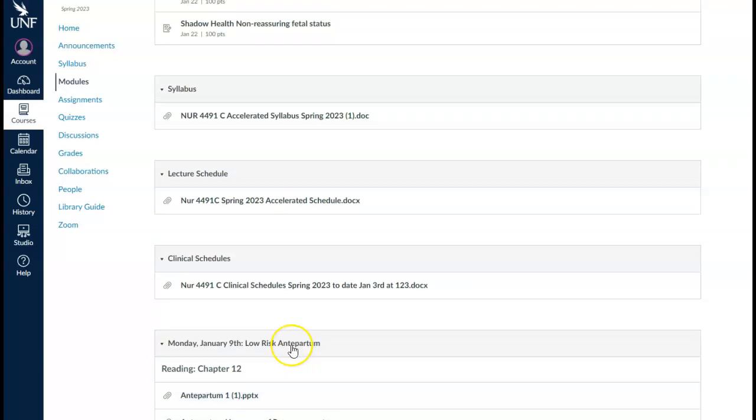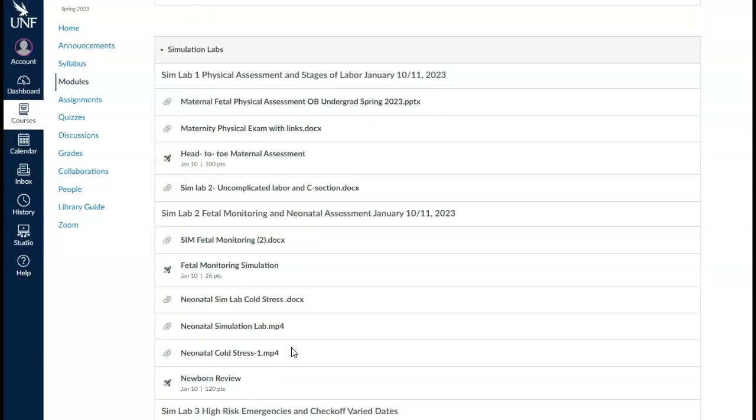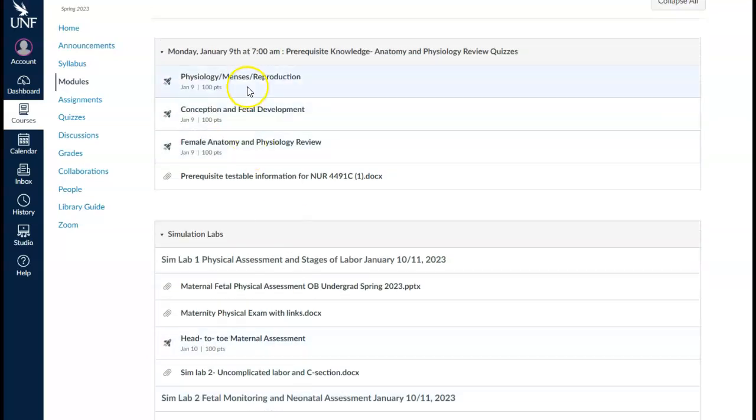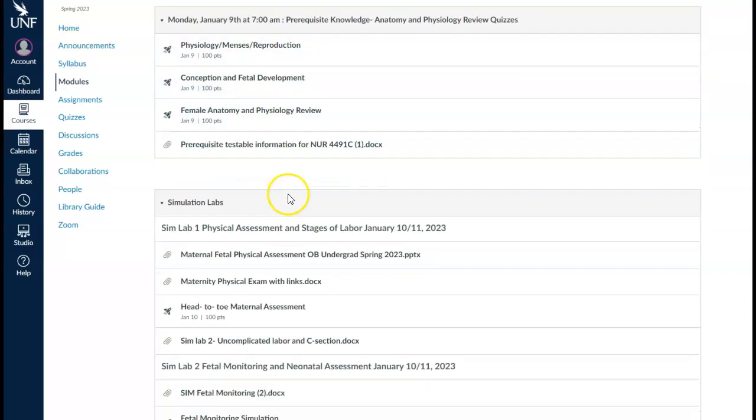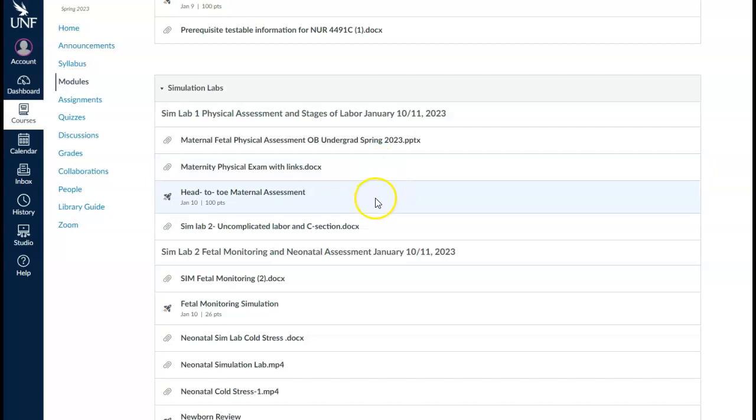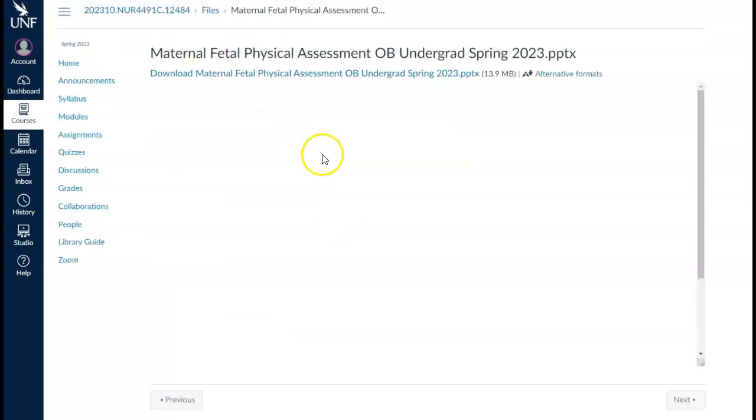But let's go back to what you have to do this week. So we talked about you're going to do these 3. You need to get these done this week. They're not long, but you have to get these done prior to the sim lab. This information, this sim lab, I know you're there 2 hours, but this is an 8-hour sim lab. And what counts as 8 hours is that you're doing this pre-work. So here is the maternal fetal assessment